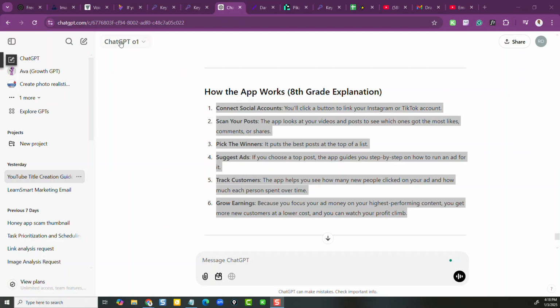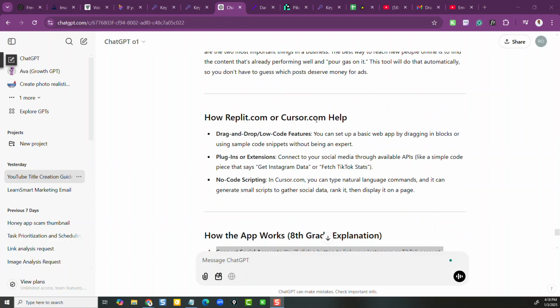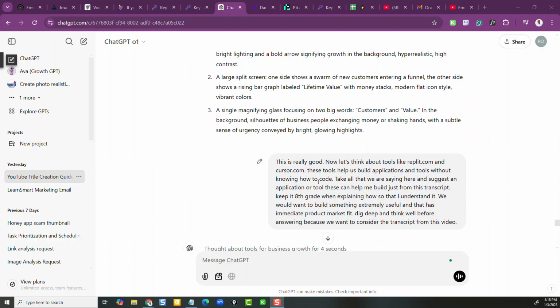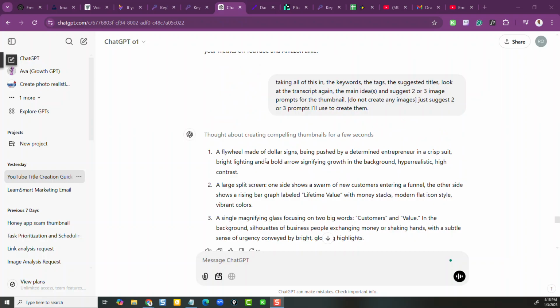I went over to ChatGPT, it doesn't matter which one you have, and then I collected this piece right here. Now you can do this with any pieces of information that you already have in there, right? Now, this is really good. This is actually the prompt. I was literally creating something else and decided to repurpose it and now use it for what I'm doing today. So get this, everybody.